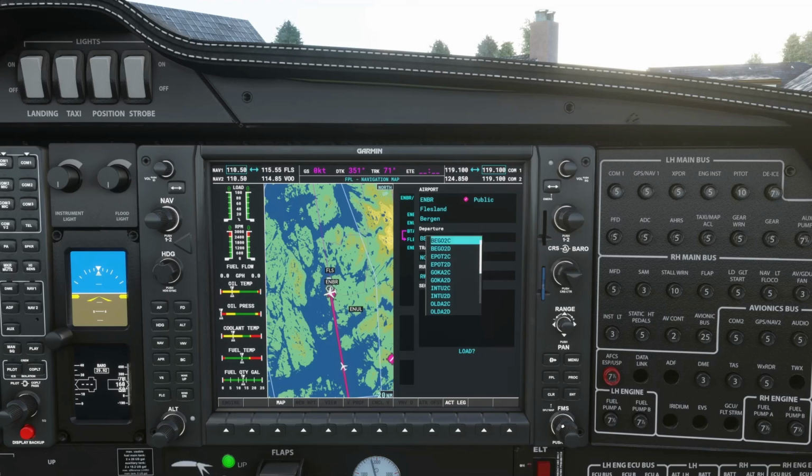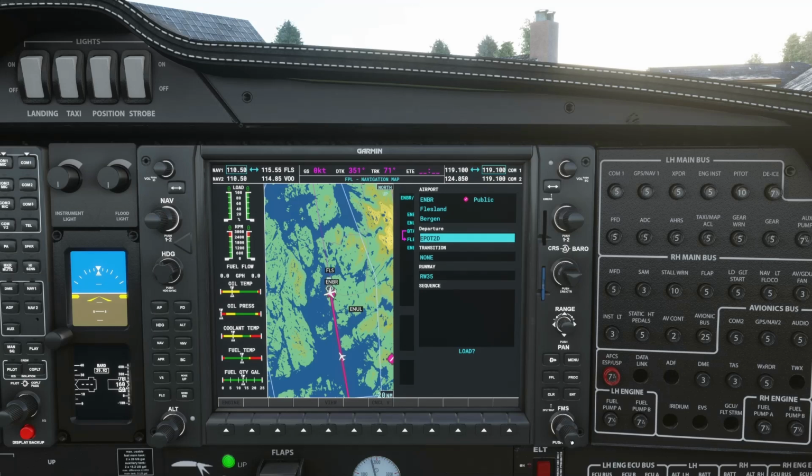So to actually scroll down, you go to the outer FMS dial and you just scroll down. Okay, so that's all the departures. So we'll just click on the first one, for example, and put that departure in. Okay, so that departure's gone in, and there, if we click on this here just to highlight the field, you can actually go down. Now there's no transitions there. If there was a transition, in fact, do you know what? Let's actually do one with a transition.